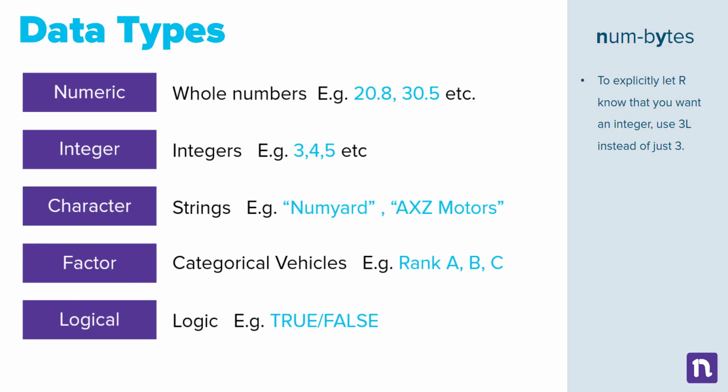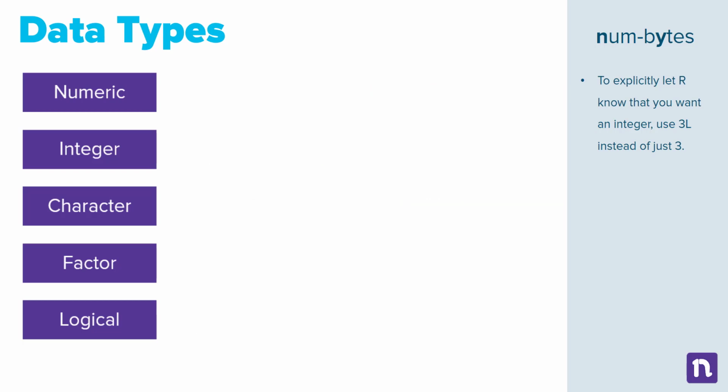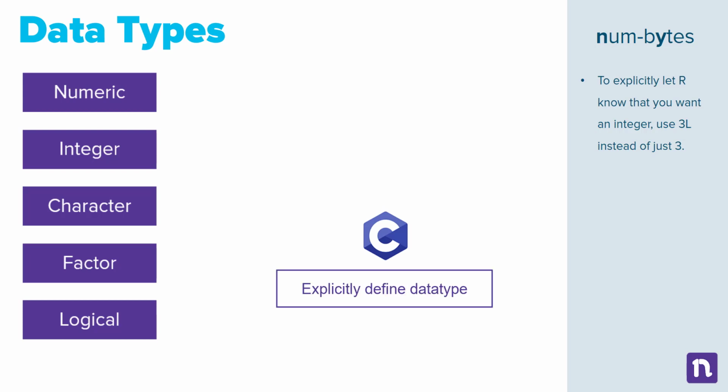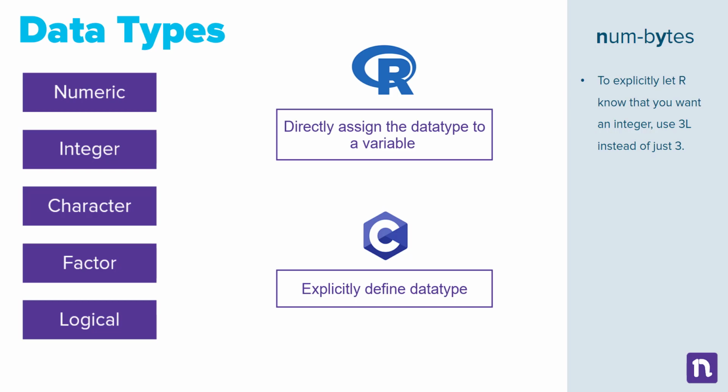So these are the primary data types in R. And why it matters is that in low level programming languages such as C and C++, you need to explicitly define what data type the variable that you are creating should be stored as. Whereas in R, you can directly make the assignment to a variable without explicitly saying what data type it belongs to, because R internally figures out what data type a variable should belong to. And this in turn causes a computational overhead which can make your program run slower.